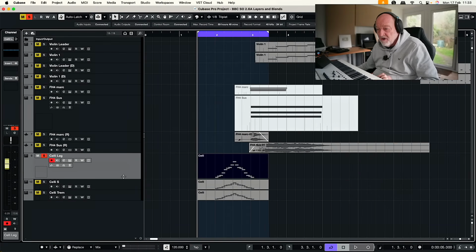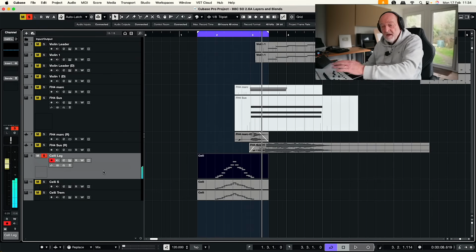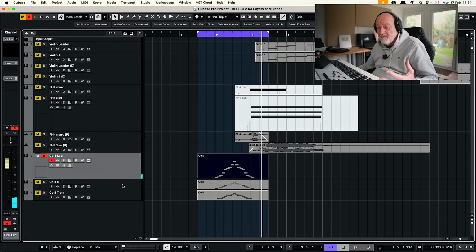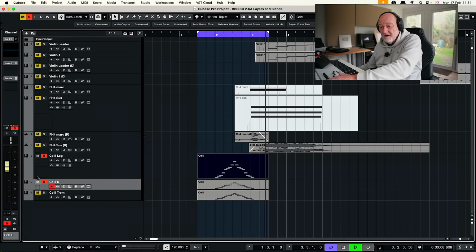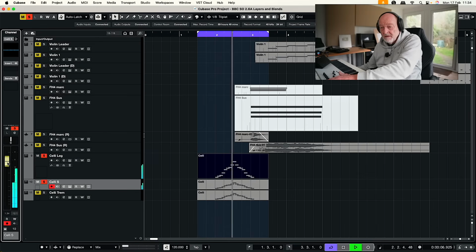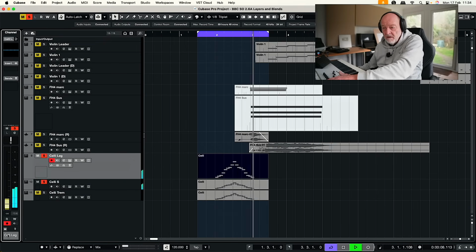So if you look at this, here's a cello legato. It's very smooth, very lush, but maybe we just want a little bit more edge to each of those notes. So instead, you combine the shorts with the legato. If you listen just to the short,